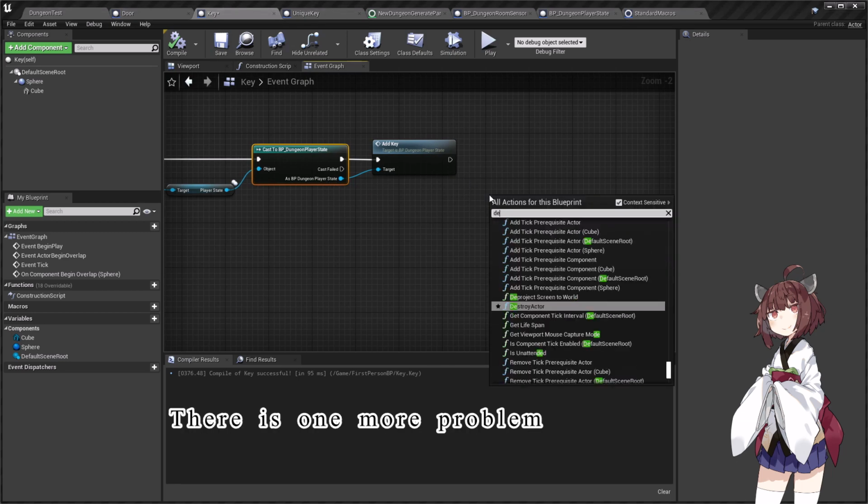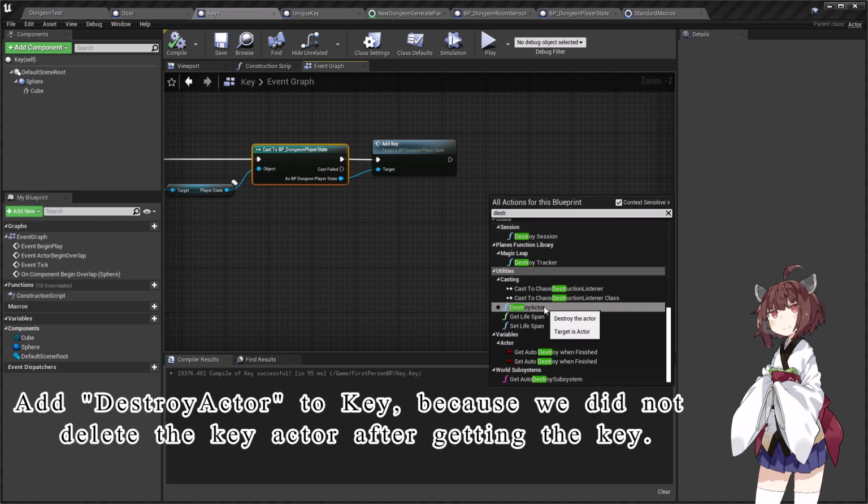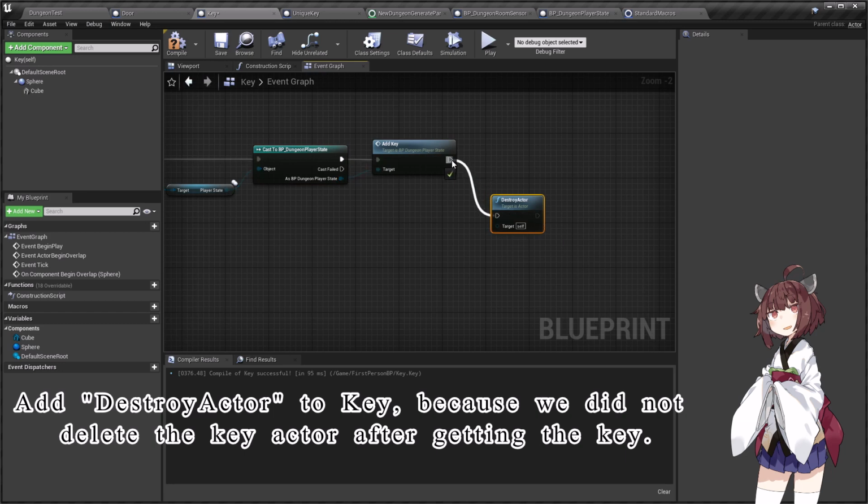There is one more problem. Add destroy actor to key, because we did not delete the key actor after getting the key.